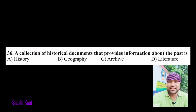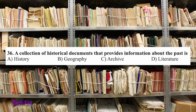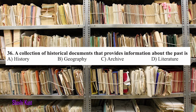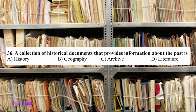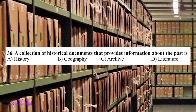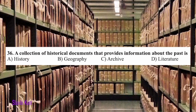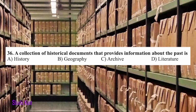Question number 36. A collection of historical documents that provides information about the past is. Wherever they want, they put the and any article in between. Options are A. History, B. Geography, C. Archive, D. Literature. And the correct answer is C. Archive, because archive is a collection of historical documents or records providing information about a place, institution, or group of